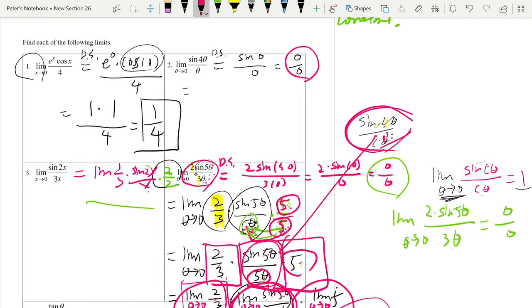So you're like, oh, I have to use one of those techniques to simplify this guy, possibly. This just means that our function sine 4 theta over theta is undefined when theta is equal to 0. But we might have a hole there, right? So work it out to find the limit, actually. So that means, what do I do? The next step is limit